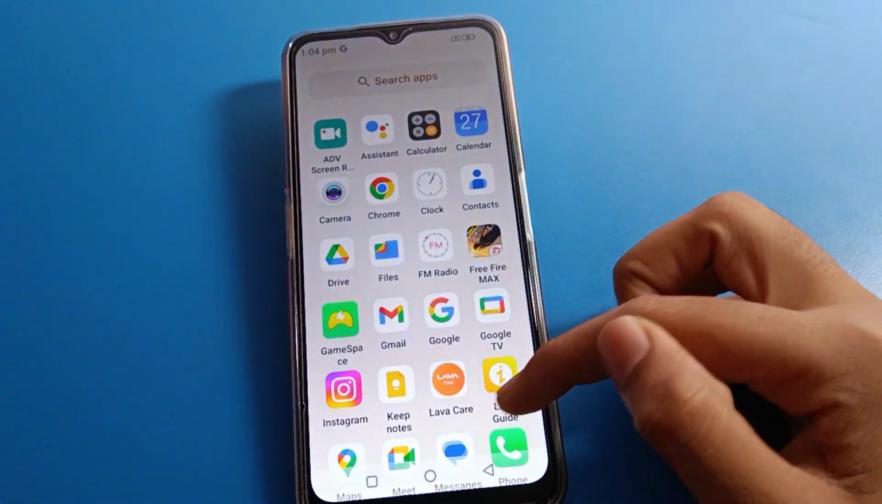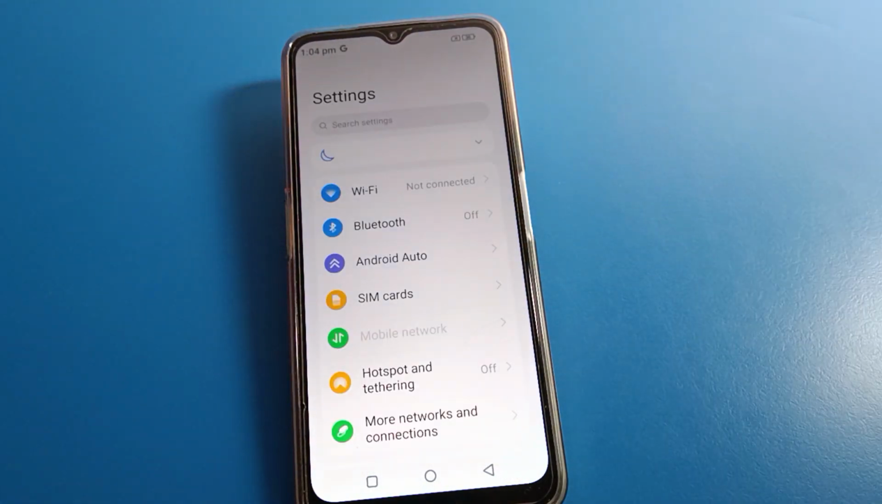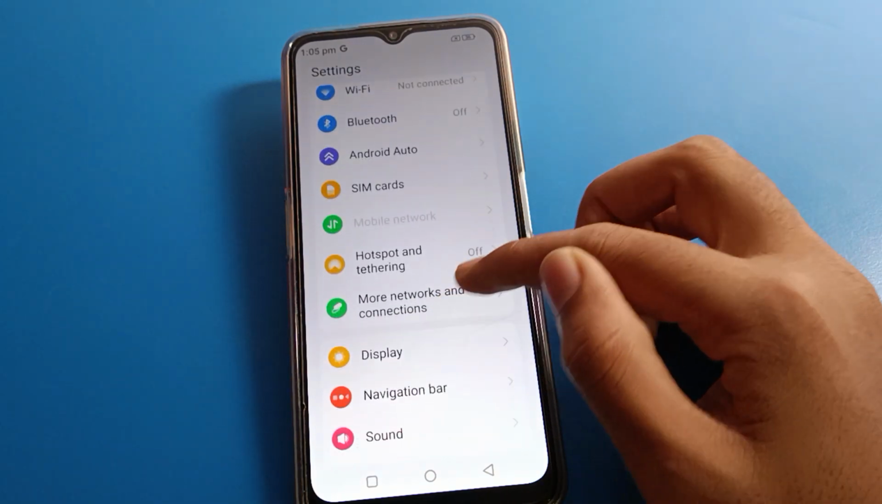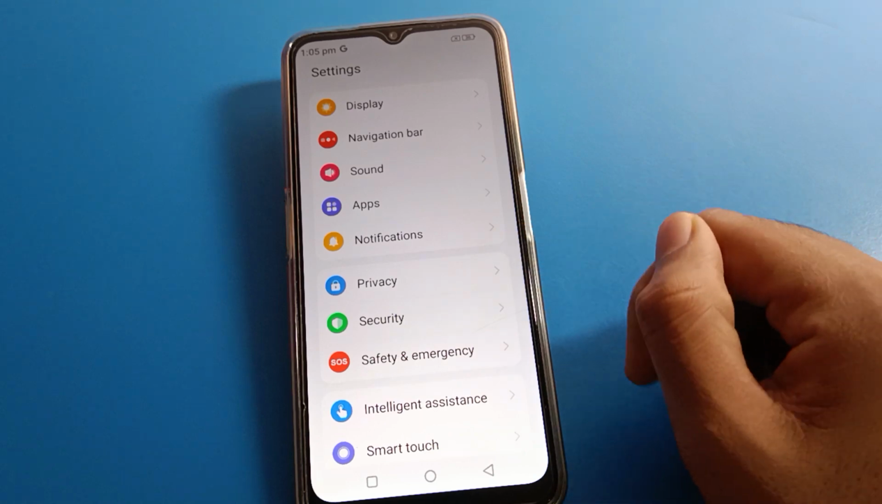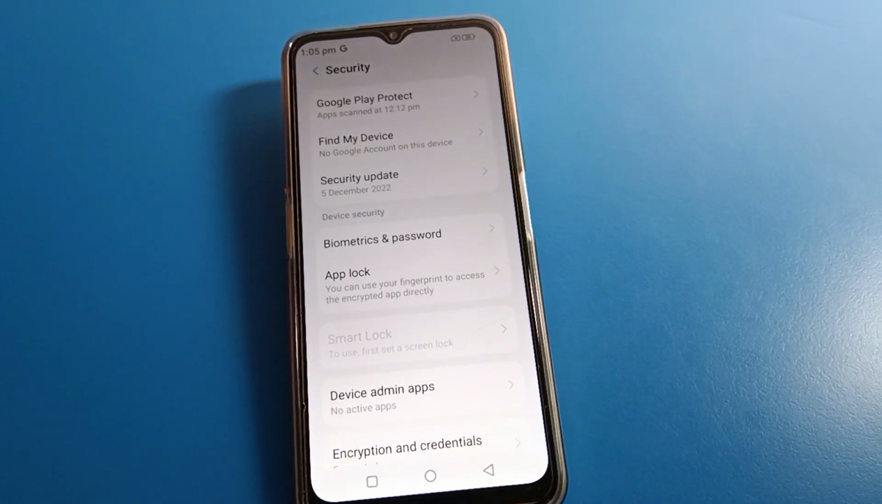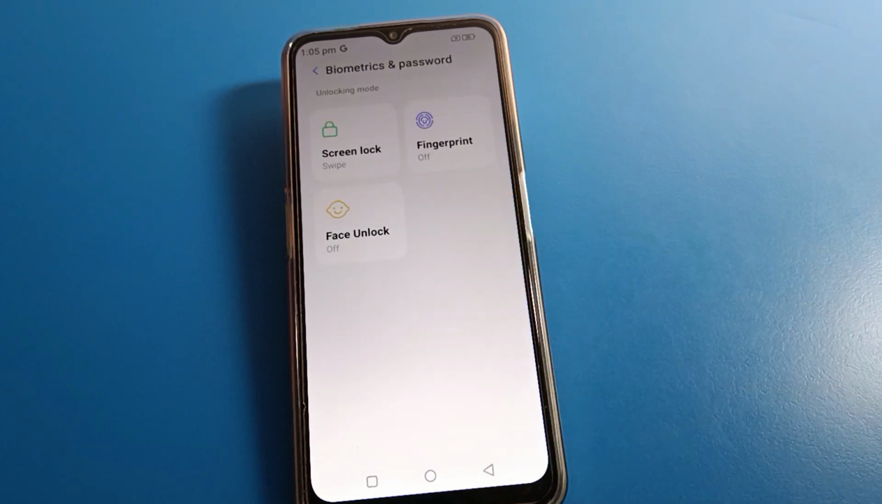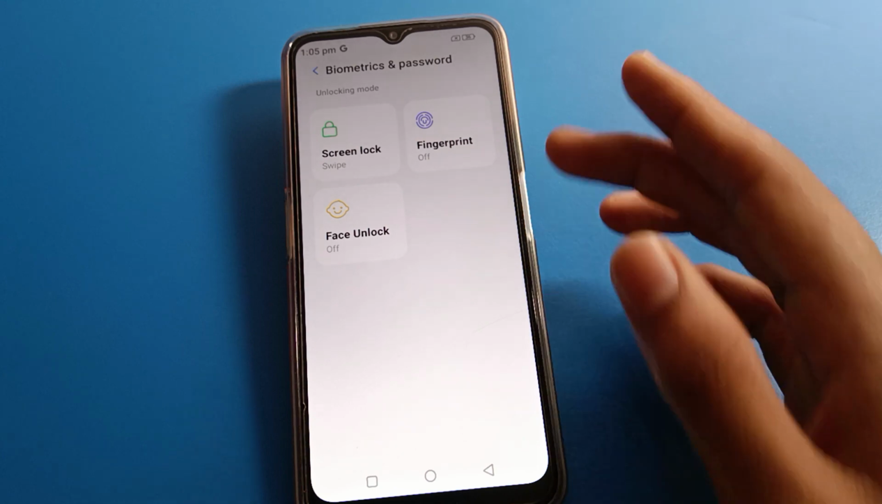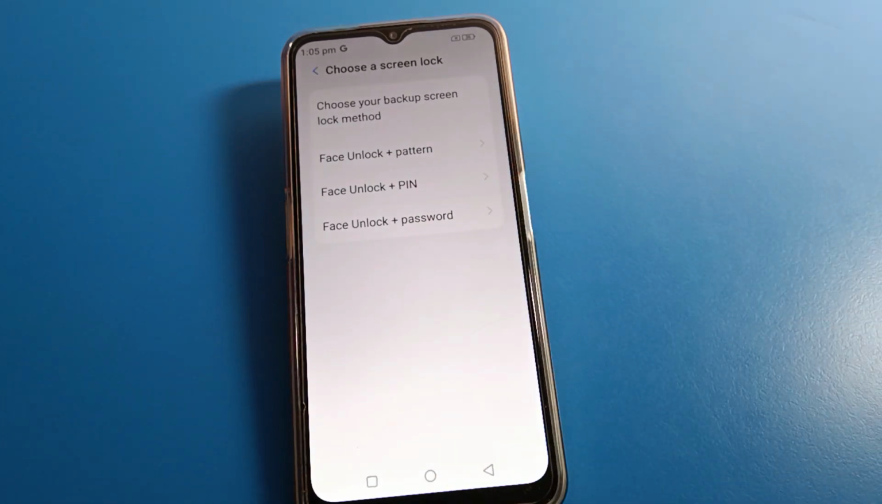Friends, open your Lava phone settings. After opening the Lava phone settings, you can see this type of interface on your Lava mobile. So friends, click here on security setting. After opening security setting, you can see this type of interface. Friends, click here on password setting, and if you want to set face lock or fingerprint lock, we select, friends, face lock. After clicking face lock, you can see choose